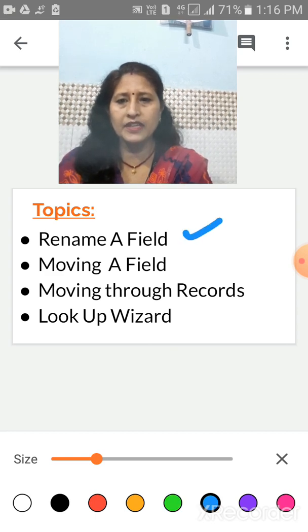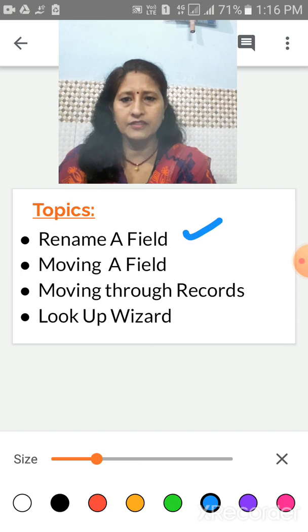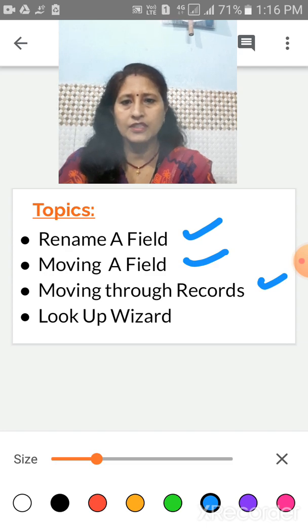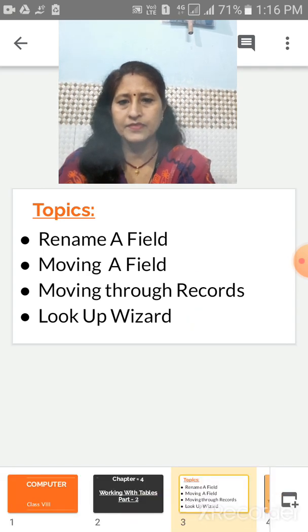The first topic is rename a field in MS Access. The next topic is moving a field in MS Access. Next is moving through records. The last one is lookup wizards. Okay, children? Clear?